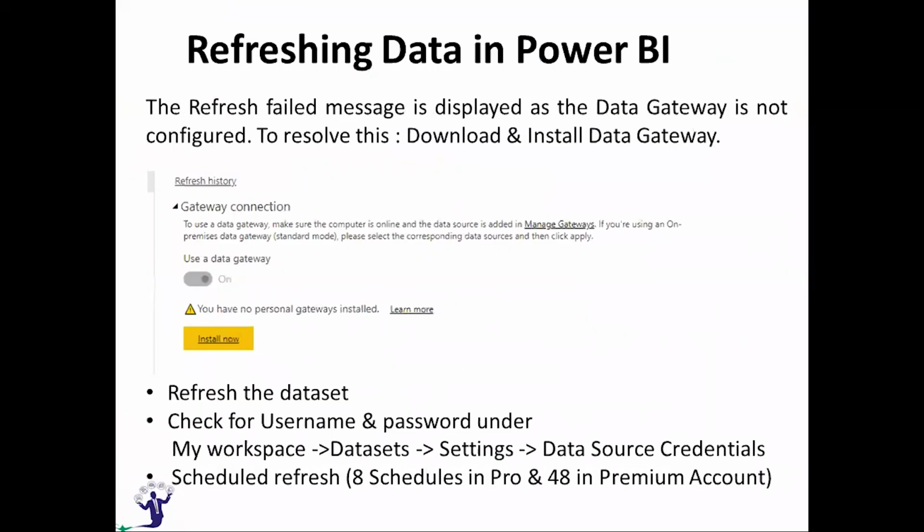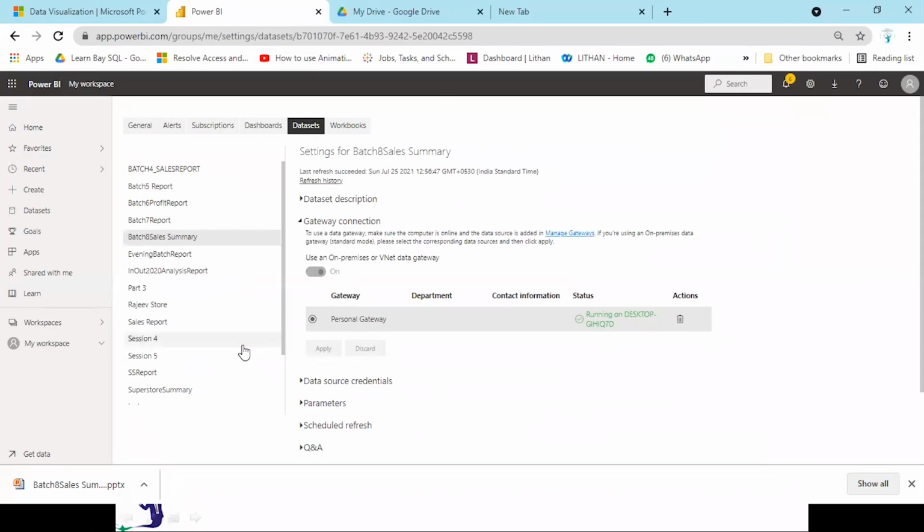You will get this under the gateway connection. Instead of this, you are getting an install now option. If you want, I can delete it and then do it again. But you can try it at your end. In case you experience an issue, we can do it on your system. You can share your screen and we can do it live with you.